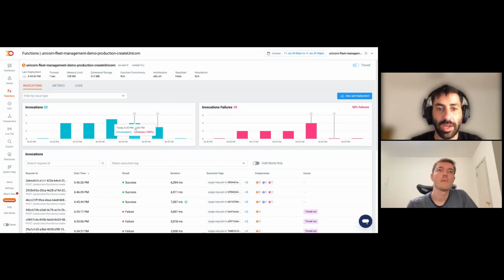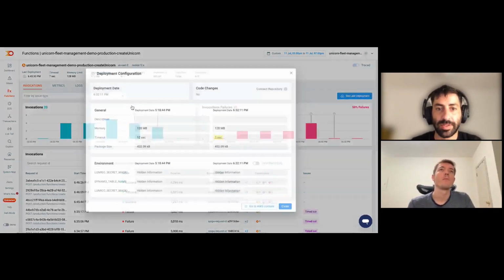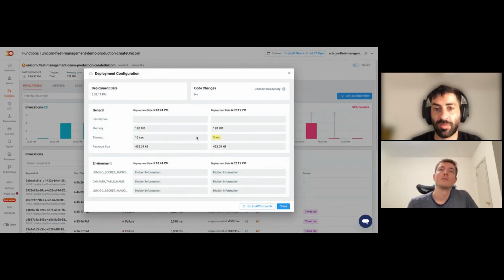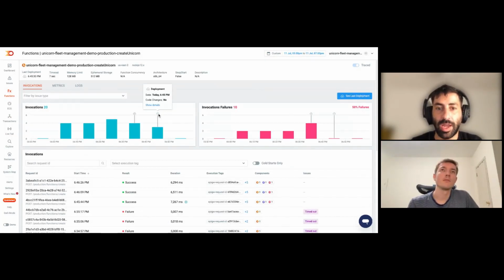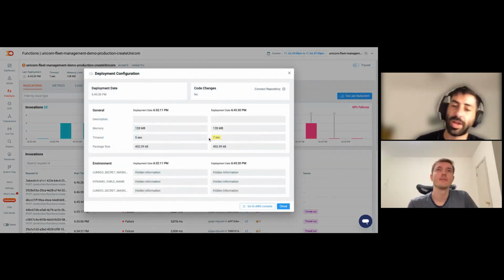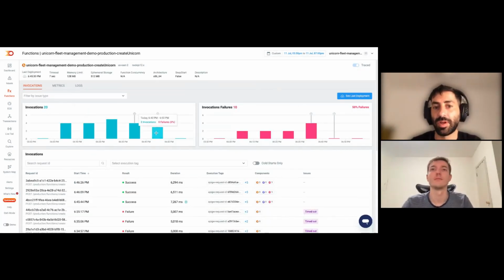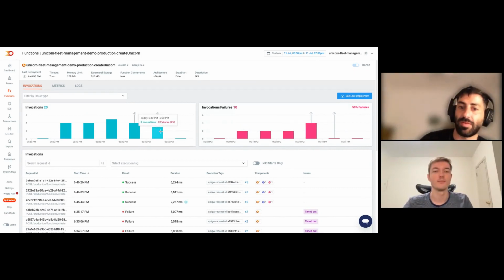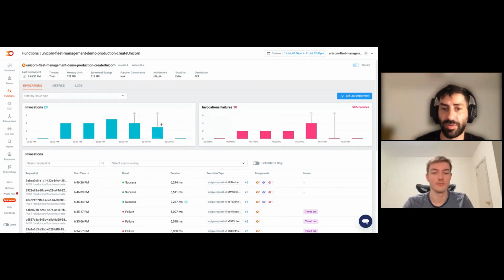So here, this is where we experience timeouts because someone changed the timeout configuration. Now, here what we can see is that when I increased the timeout configuration to 7, which is above the average duration, we stopped getting timeout invocations. So you can see we have invocations, but 0 failures. So Alex, this is one way to basically troubleshoot timeout